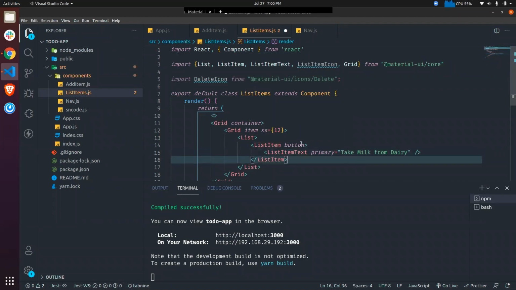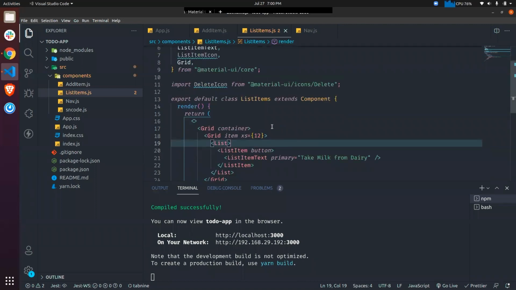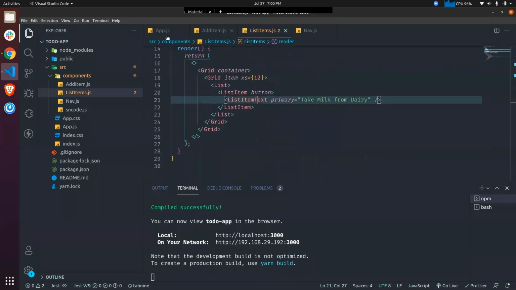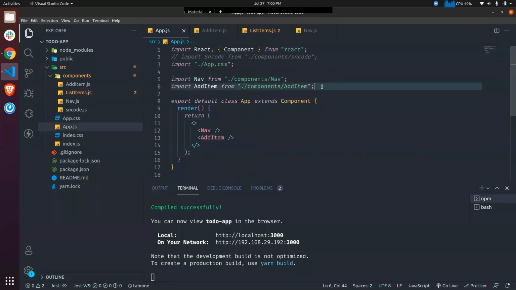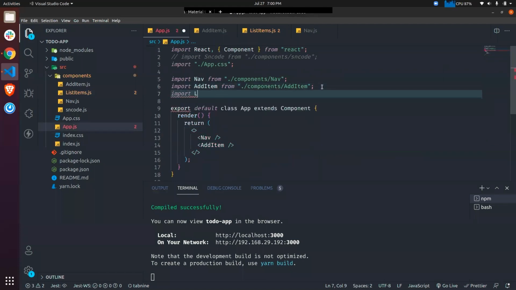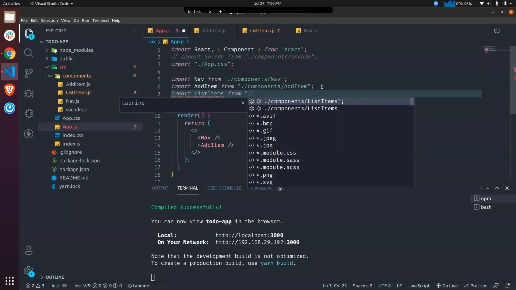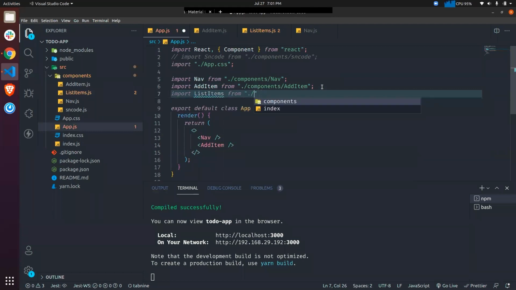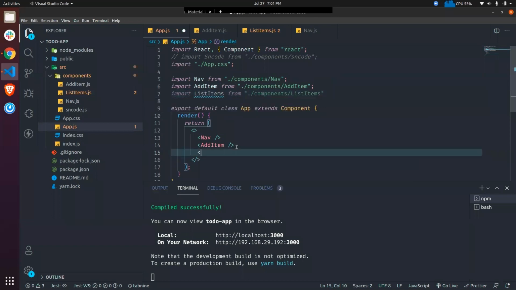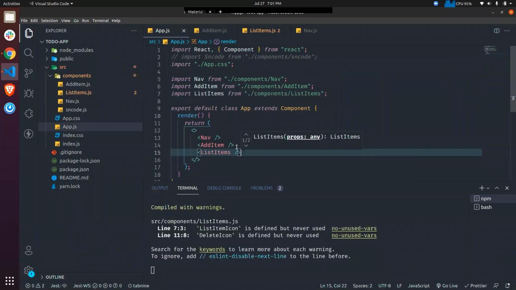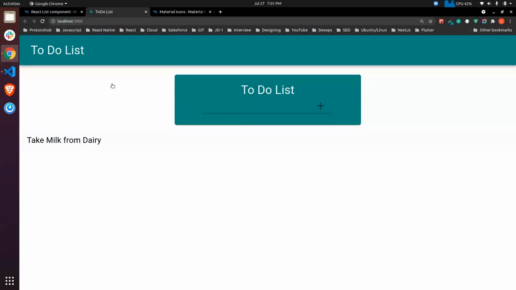Now let's see what we have till yet. So we have list items. Now we have to import it, so let's import it in our app.js. List items from ./component/list items. Now we've imported list items, and yeah, we get a list, but this list is taking the whole page.